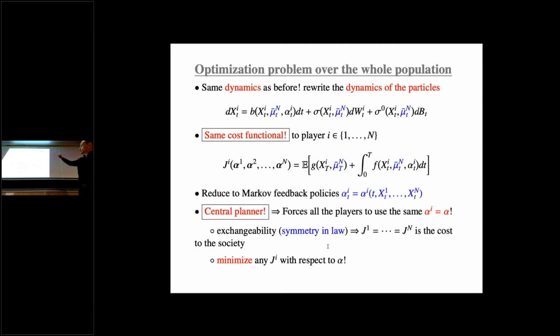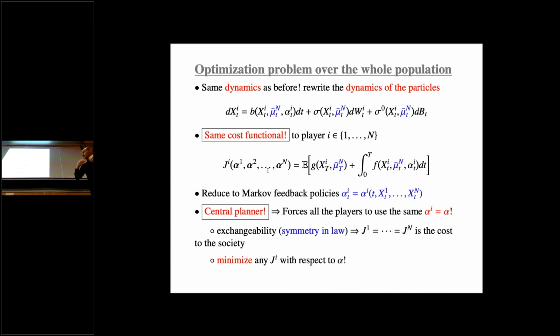Central planner, you come back to the same model as before. The dynamics would be the same. So this is the very top line that you have here. So these are the same dynamics. So this looks a bit strange, same dynamics, and the same cost functional. So you could say, well, what is the difference? So here the cost functional would be the same as before. But this is in the meaning of an equilibrium that I'm going to change my definition.